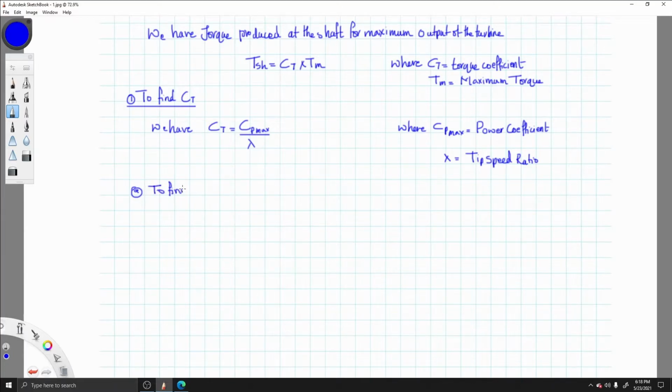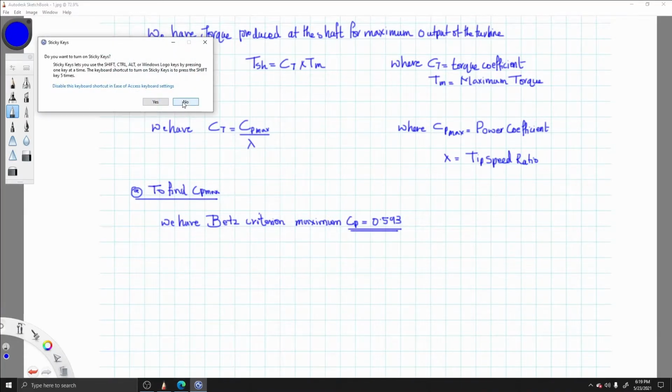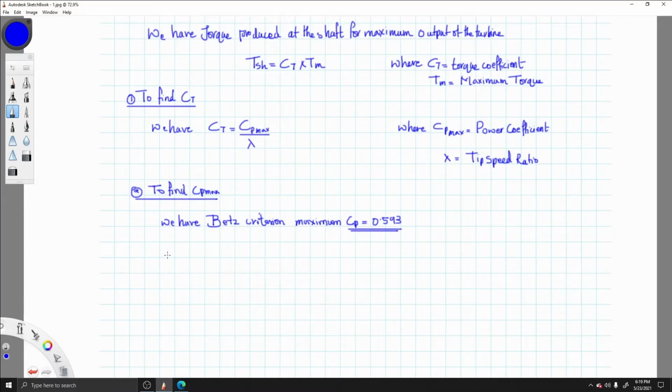So write down, to find Cp max, we have Betz's criterion, wherein maximum Cp is equal to 0.590. So this is the value of Betz's criterion for the maximum Cp value. So we have found out what is the Cp value. We'll find out what is lambda. So to find lambda, we have